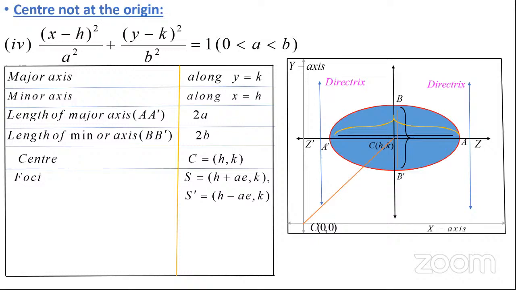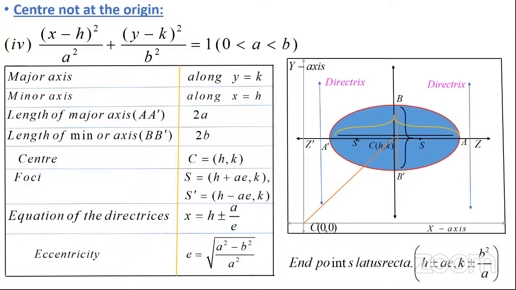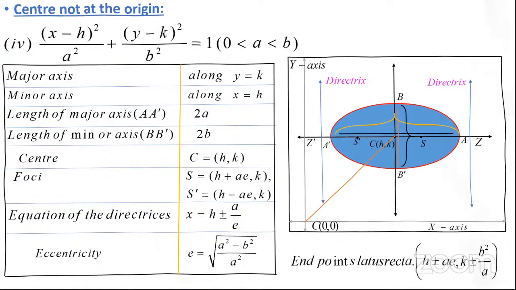So now the foci are s equal to h plus or minus a comma k, and the equation of the directrix is x equal to h plus or minus a by e, and eccentricity is e equal to under root of a square minus b square by a square, and the end points of latus rectums are h plus or minus a comma k plus or minus b square by a, h plus or minus a comma k plus or minus b square by a. So then next,